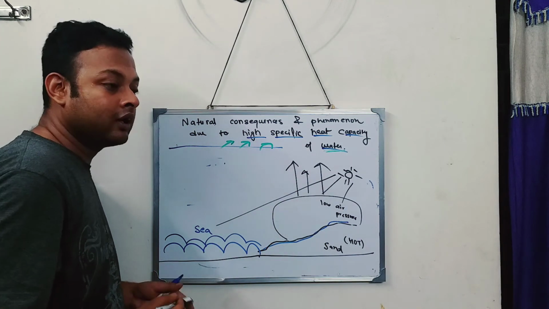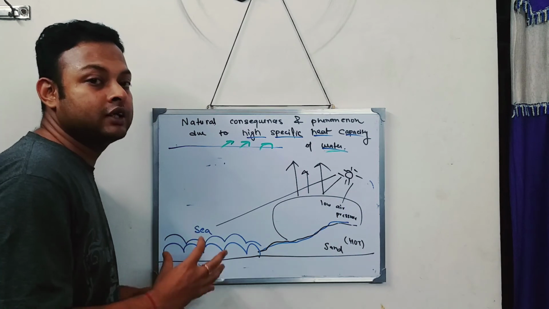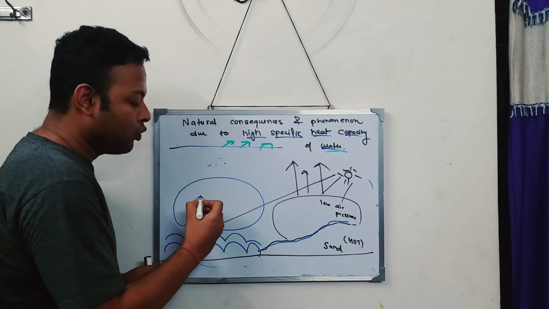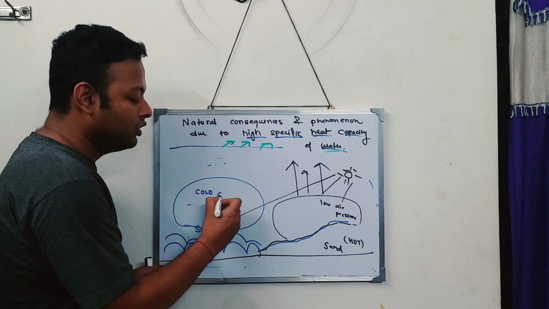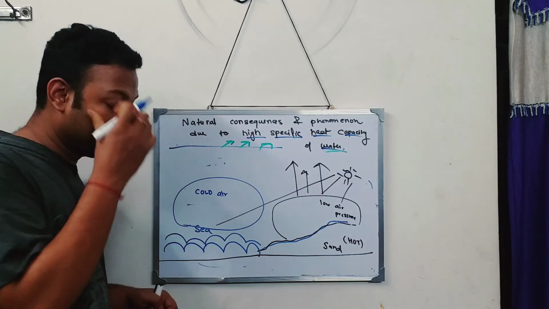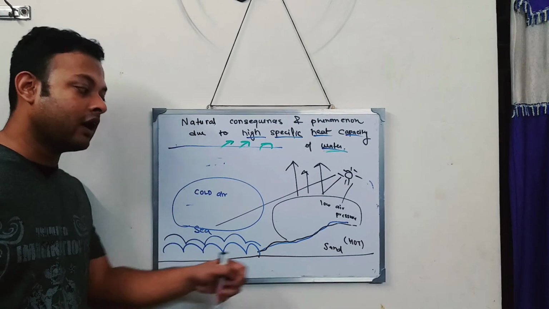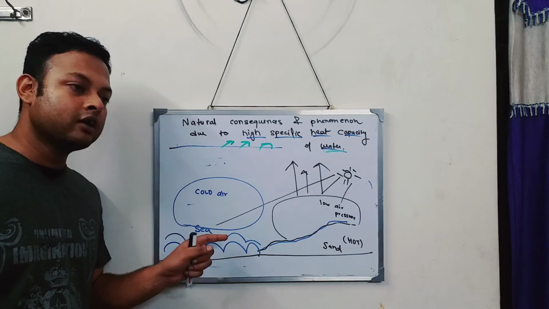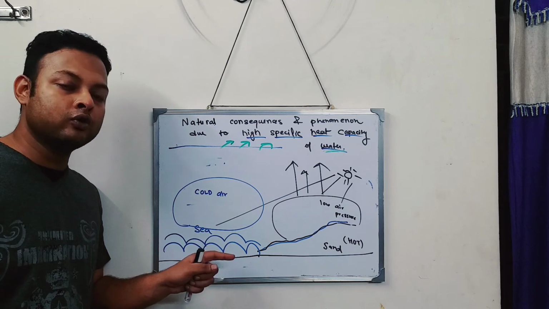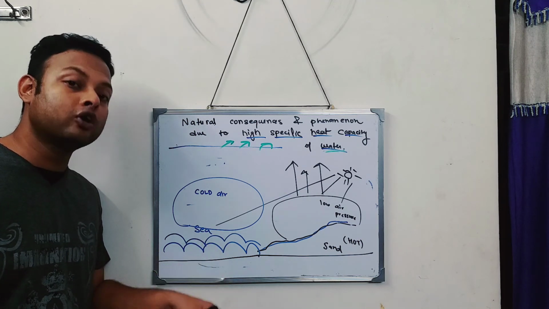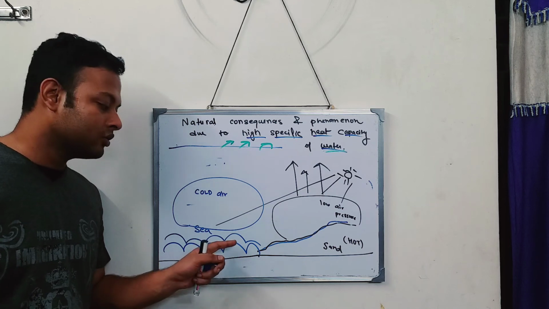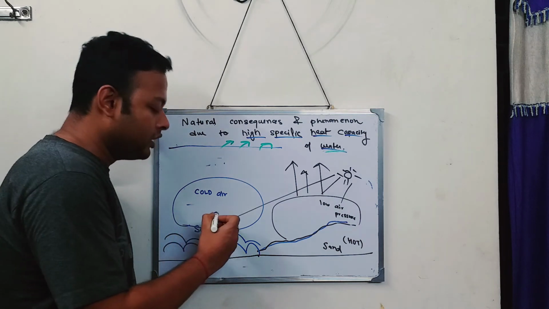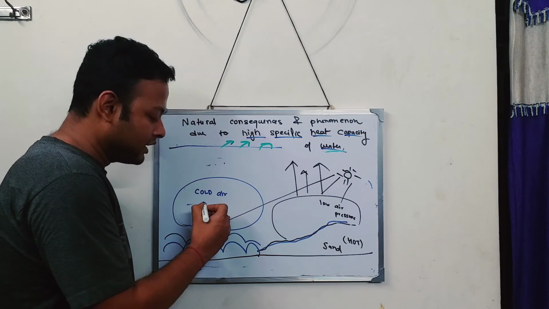Now always we have learned that the air goes from a high pressure region to a low pressure region. There is cold air above the sea, because the sea is still cold. Sand has become hot during the day, but the sea is not that hot, because sea has water, it takes a lot of time to become hot. So the air above the sea is also cold, and this cold air above the sea is at a high pressure.